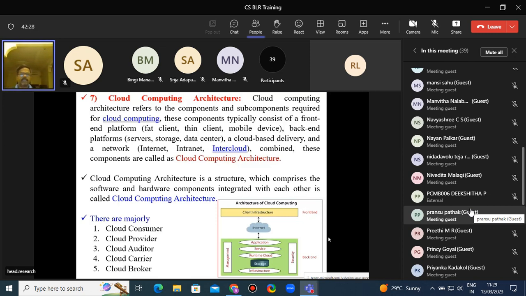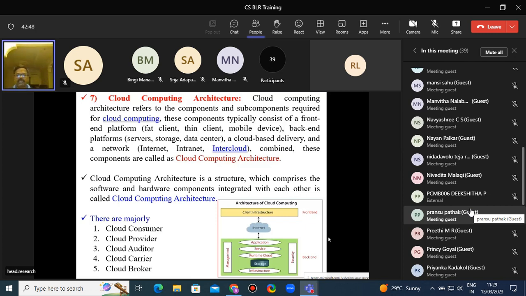Combined, these components are called cloud computing architecture. Architecture is a structure which comprises the software and the components integrated with each other. There are